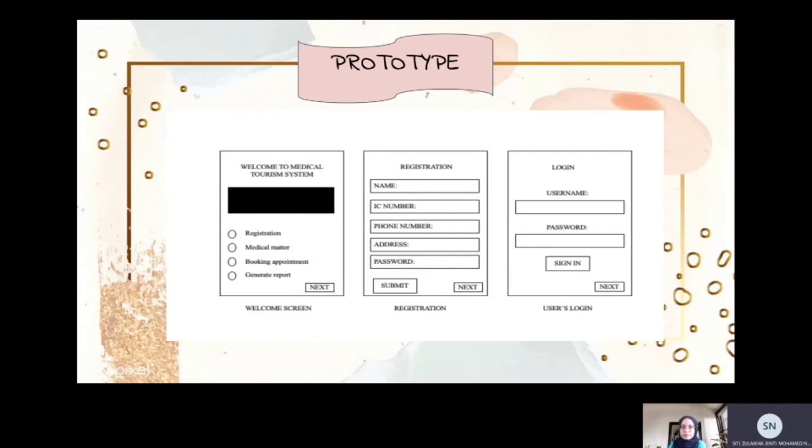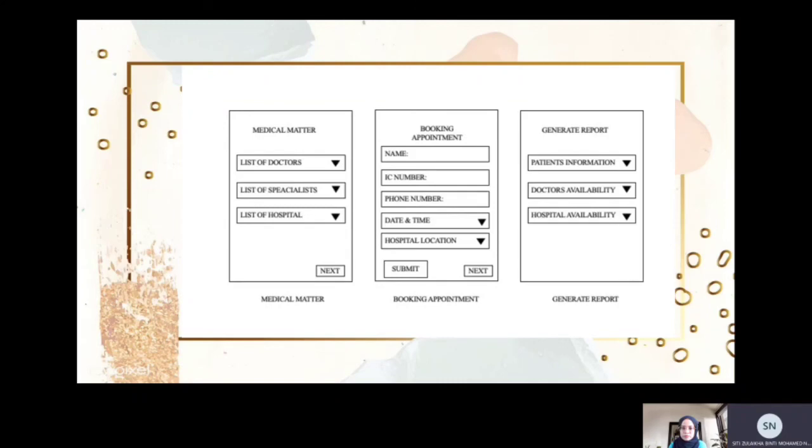After getting the password and username, the user can go to the login screen. In the user login, the user needs to fill in the username and password, and then the user can sign in.